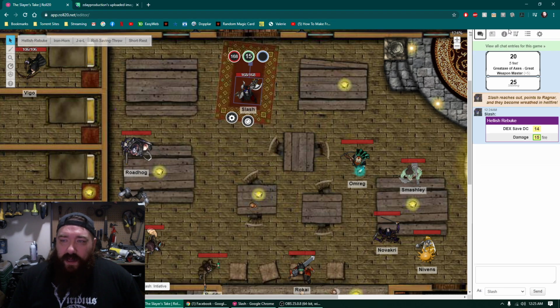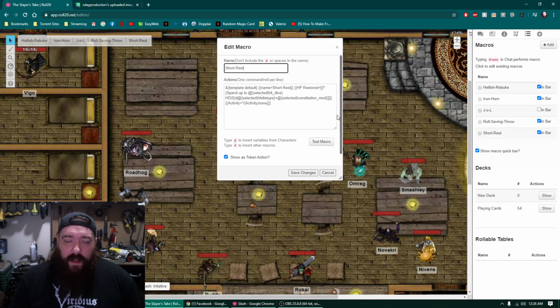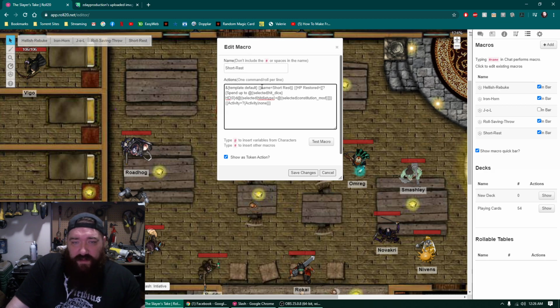I'm going to go to my macro here to show you the coding before I do it. Short rest. Here's the short rest coding. It shows the same default template. It's going to come up with a prompt of HP restored: how much HP is being restored? It's going to ask to spend up to how many of my selected